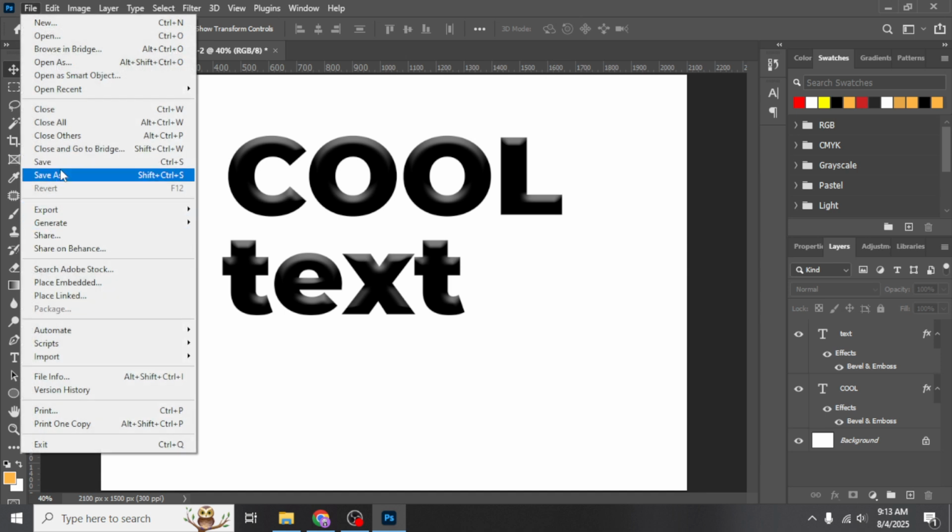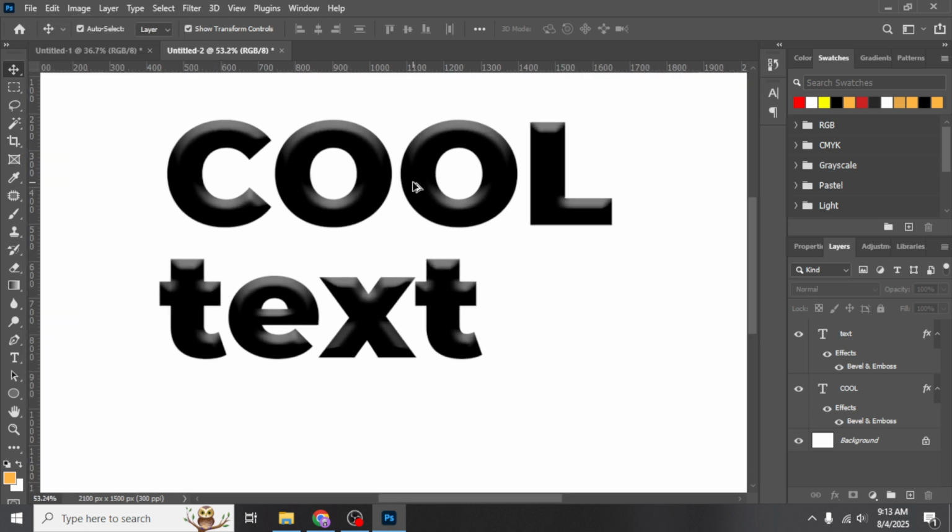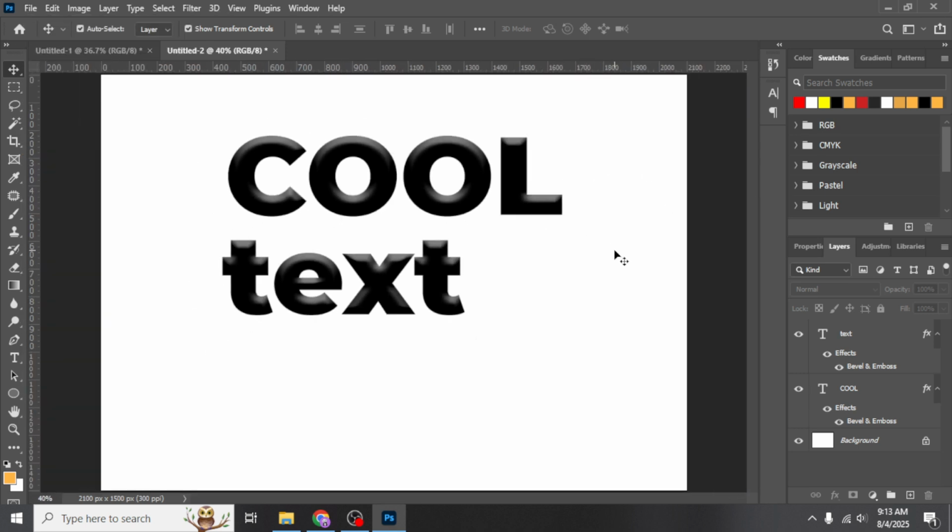And there you have it, a beautifully crafted, colorful text effect in Photoshop CC. Remember, practice makes perfect, so feel free to experiment with different